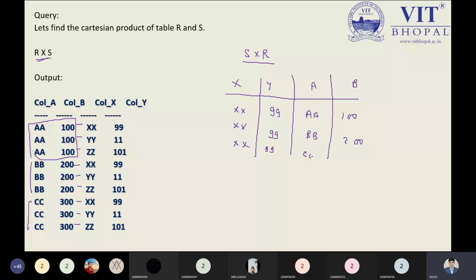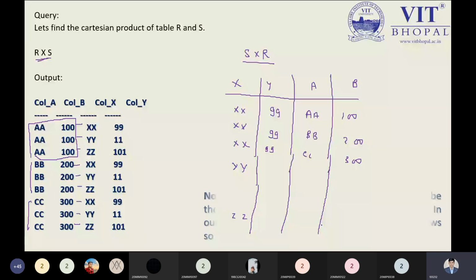And next we will use Y, and this will go on with Z. So this will be the order we have to take, but ultimately we are getting the same size of result. The result will not change if you choose any one of the relations first. That is the point. But in the Cartesian product, there is a 100% guarantee that duplicacy may occur. That is the point.